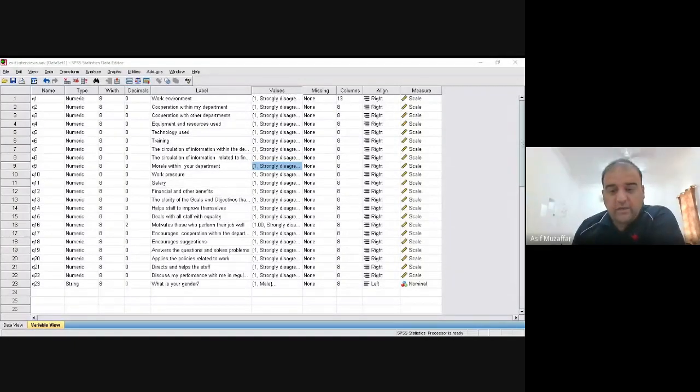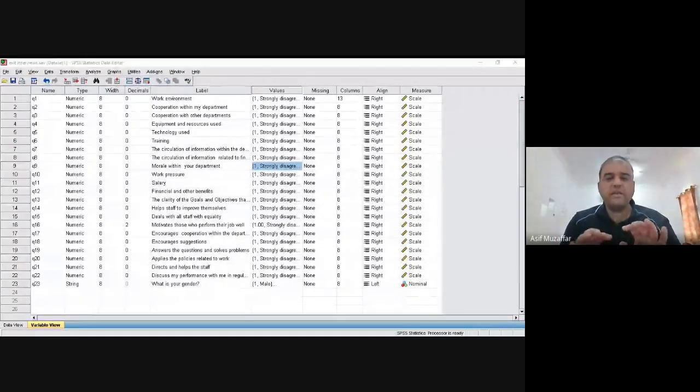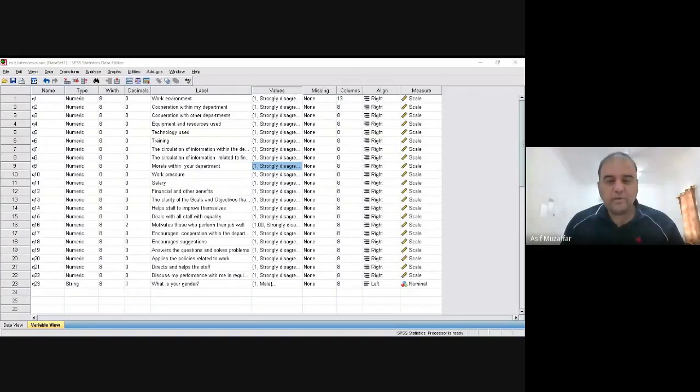Even if I understand your question, if you are asking that it should be strongly agree and disagree before, like 1 and 2, yes, if it is there, change them into numbers first by Transform, Recode into the same variable. Change them into 1 and 2, or 3, 4, and 5, like what I did for gender, 1 and 2, male and female. Change them first, because if you want to do statistical testing, your data should be in the form of numbers, not words.